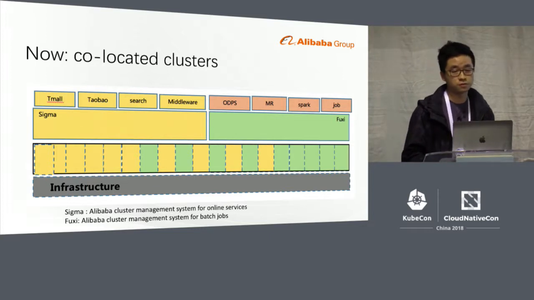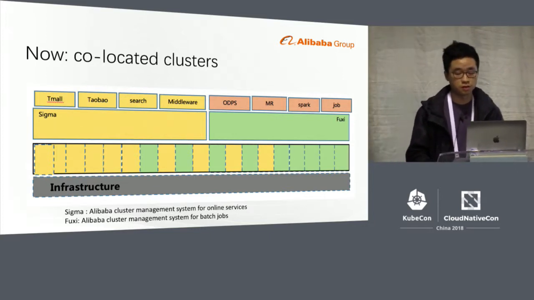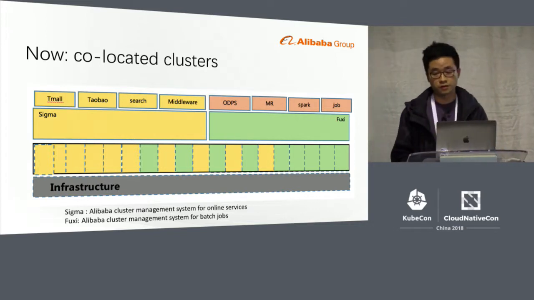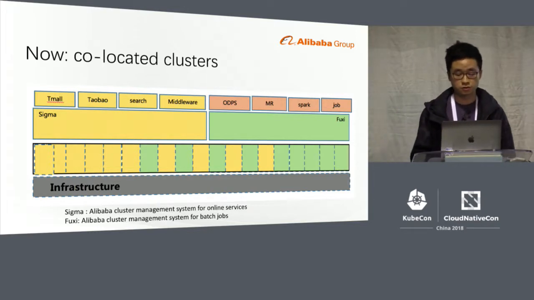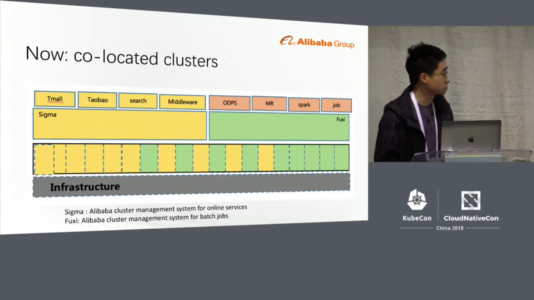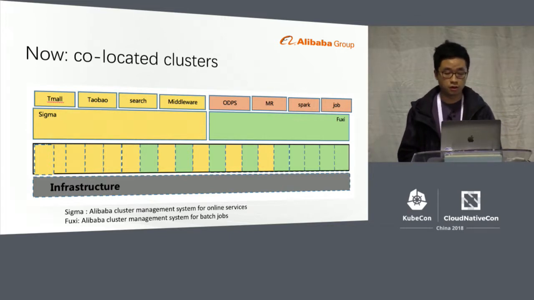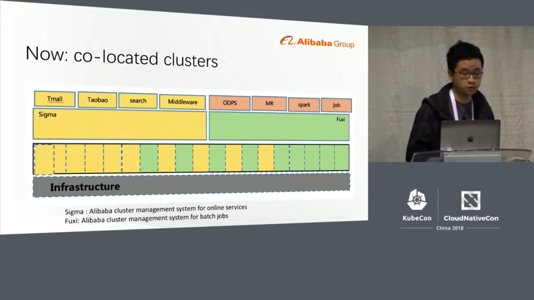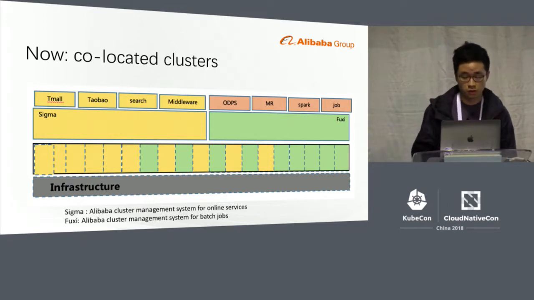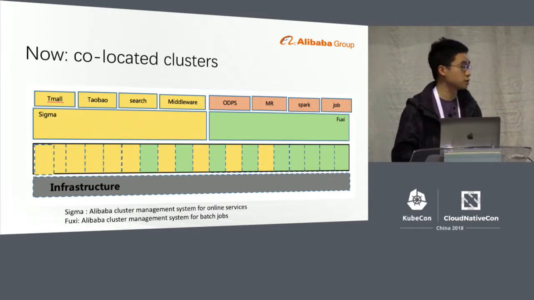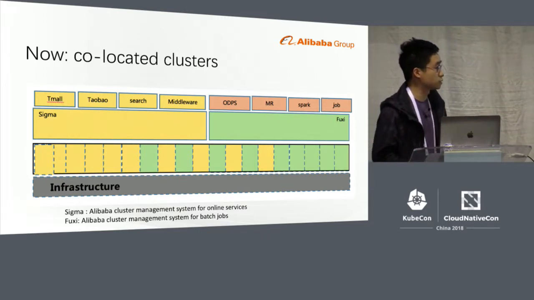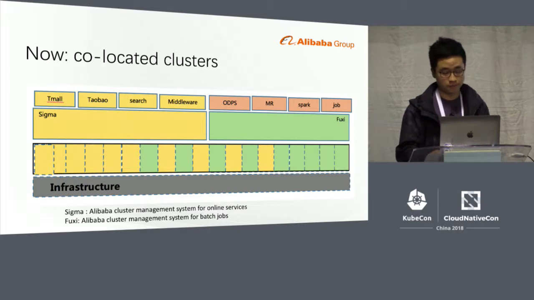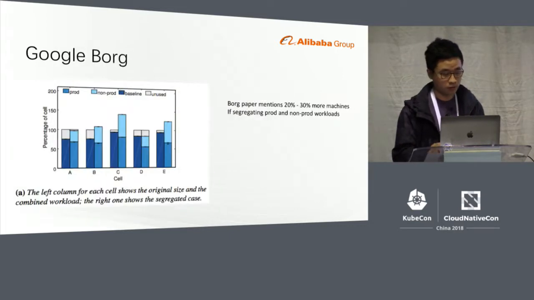Because online and offline have these mutually complementary relations, if we can fully leverage these features and run them on the same platform, based on the same infrastructure, then we can fully leverage all the resources without any waste. Over the past 2 or 3 years within Alibaba, our Sigma team has tried to come up with co-location clusters, with hardware that can be adapted to Sigma and Fuxi, and we can do the same maintenance based on the same infrastructure.